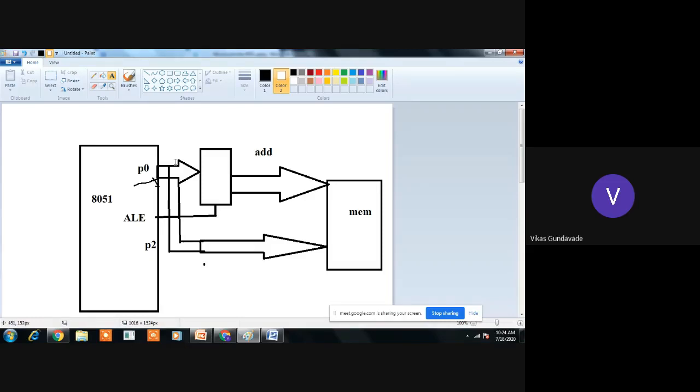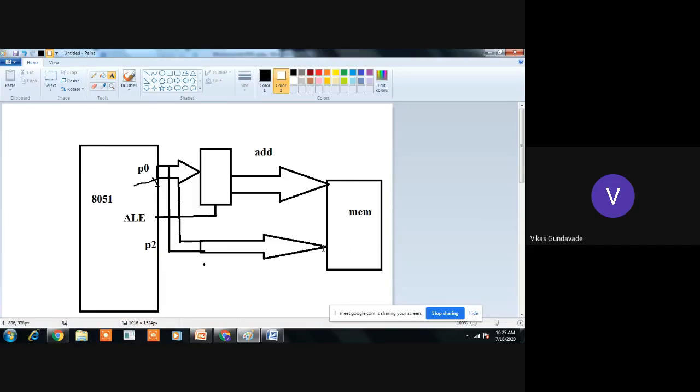Now, when the address is transferred to the latch, these lines between the port 0 pins and the latch go into the high impedance state. If the microcontroller wants to read data from memory, after specifying the address, the data will be available from the memory location on this line.